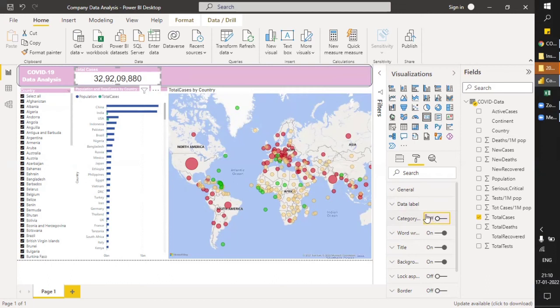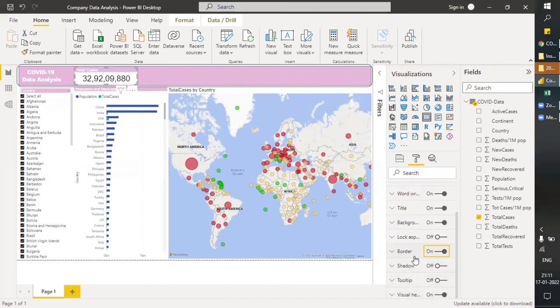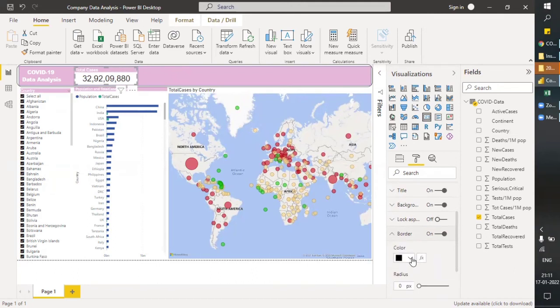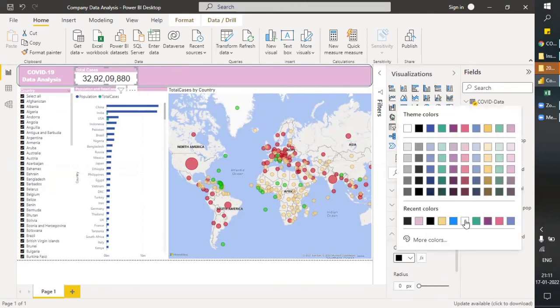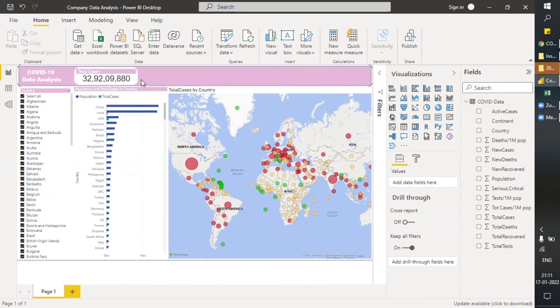It's written total cases, so we just need to move it. And this will be fine now. Nice. It's looking fine. Let's have a border here. White border with radius 30. Yeah, it's looking nice.